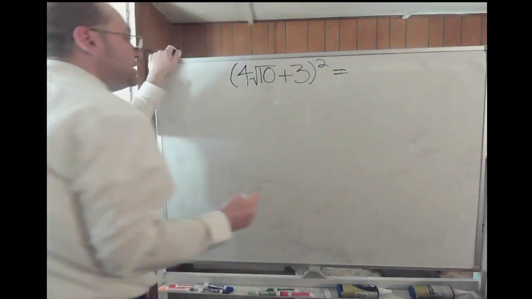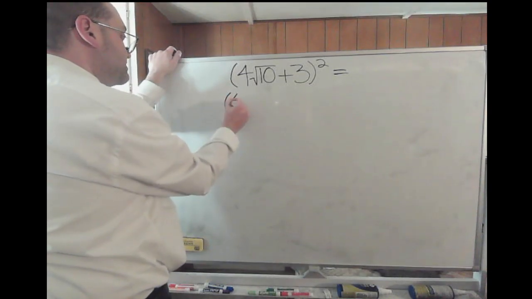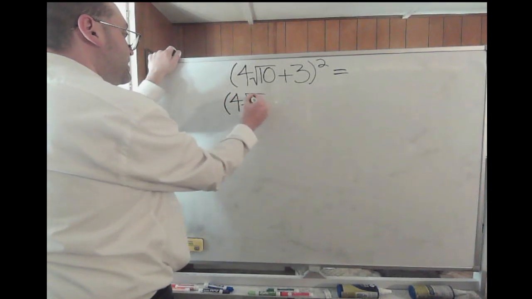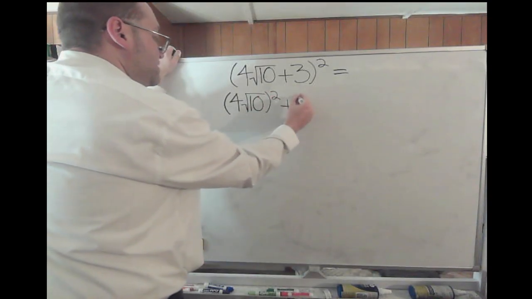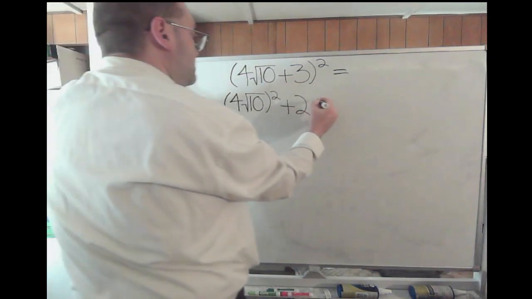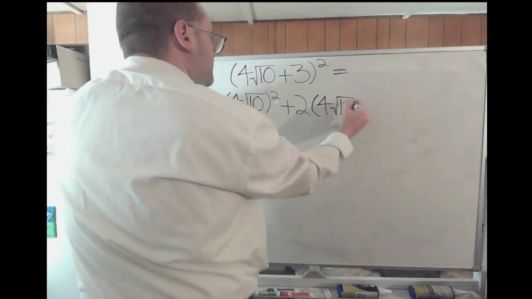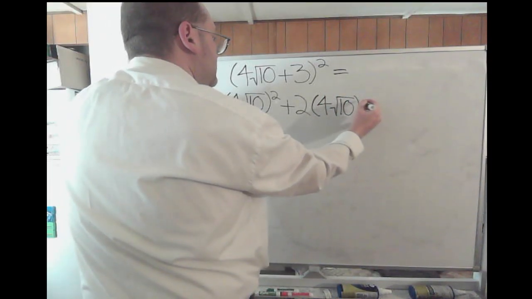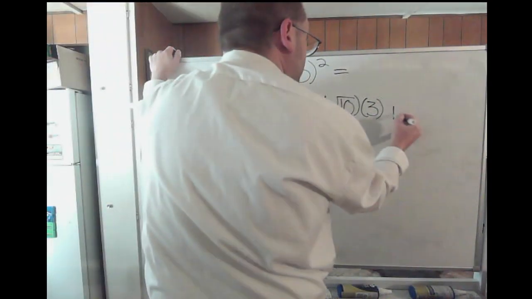Well, we're going to take the first term, that 4 times the square root of 10, we're going to raise that to the second power. Plus we'll take 2 times these two terms multiplied together, so that'd be 2 times 4 times the square root of 10 times 3, and then you would take that 3 and raise it to the second power,